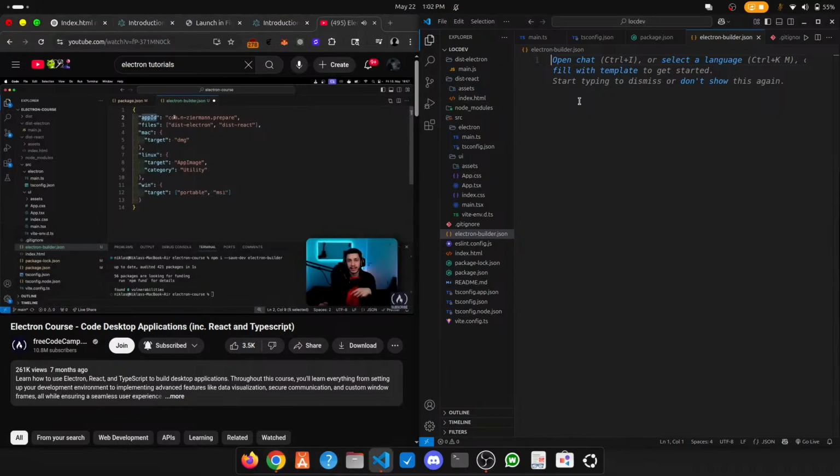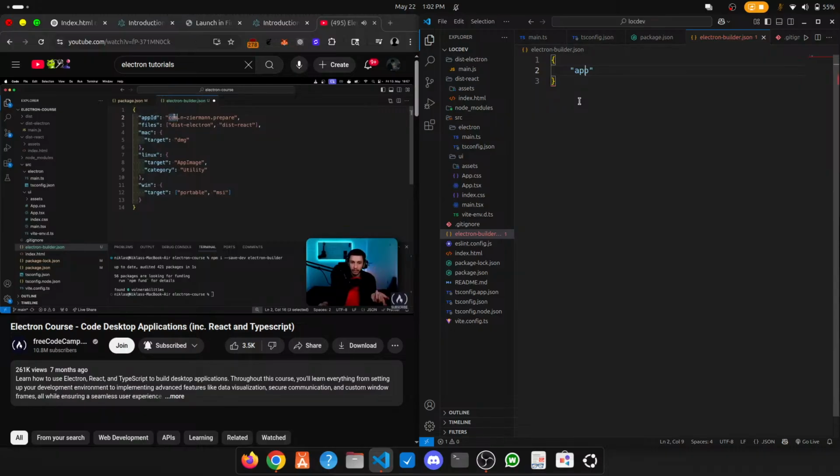The app ID is basically a normal standardized way of naming your app. So it starts with com, then your company or personal name. In my case, it's going to be n-Ziermann, and then your app name. So something like prepare for my course preparations, or something like Electron course, for example, like this. Then we're going to define what files should be included in our app. So of course, this should be our source code, so our JavaScript